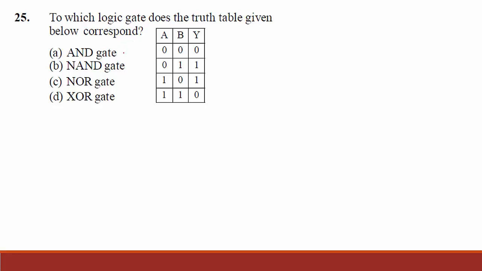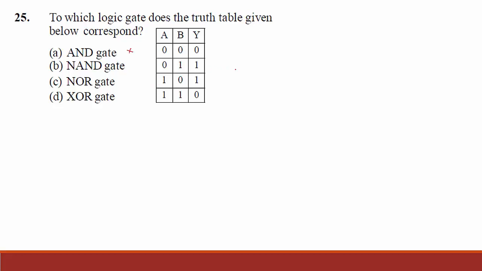In AND gate, the output is high only if both the inputs are high. You can observe the truth table. Hence, the condition of AND gate fails here. Come to the second option, that is NAND gate. NAND gate is the inversion of AND gate. Now seeing this truth table, this condition also fails because in AND gate,